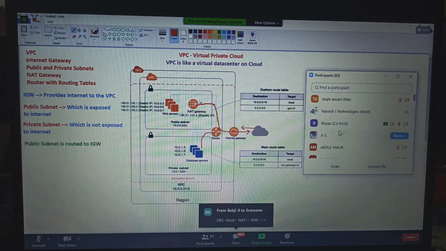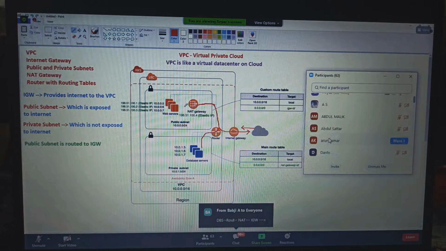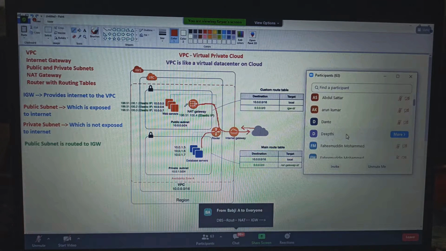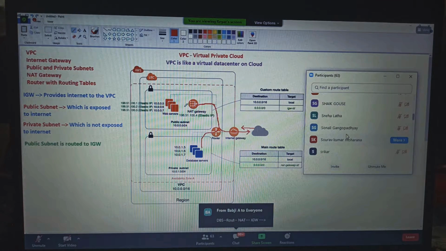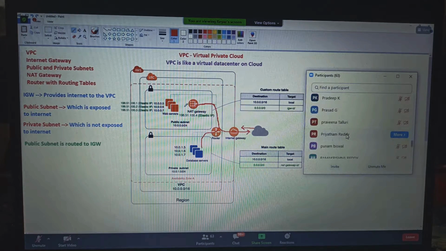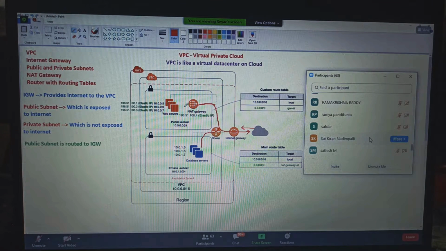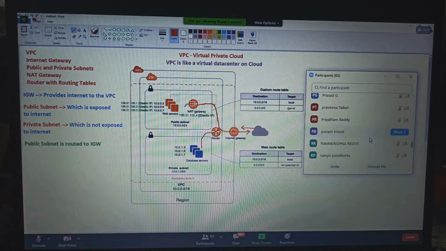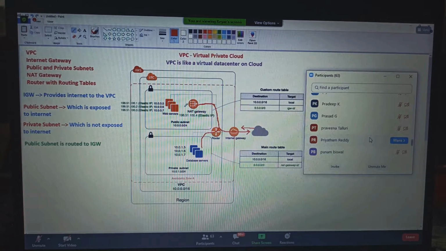That's how the traffic will not be routed from NAT to the inside. So NAT is used for security for the private subnet, and only to give internet access to the private subnet.